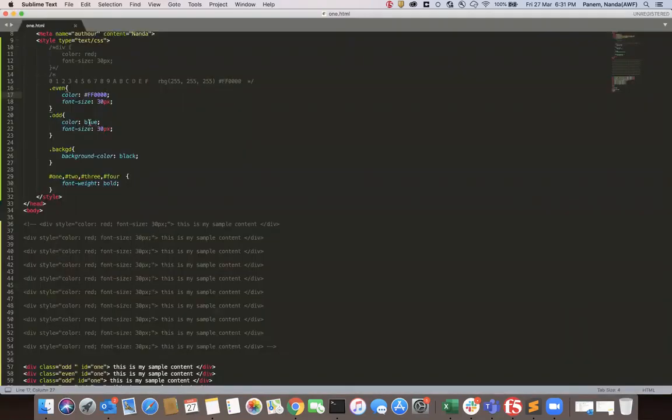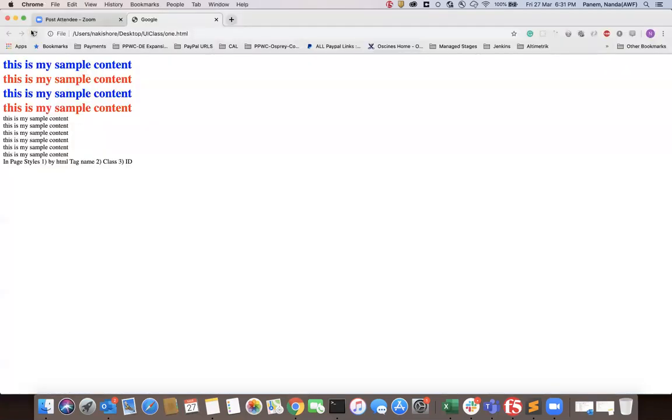If I want to provide blue color, what do I need to do? I need to mark red as 0, green as 0, and blue as FF. You can provide this color. See here, my page is coming as usual, like the old page. This is the way you can provide RGB colors in an HTML page.